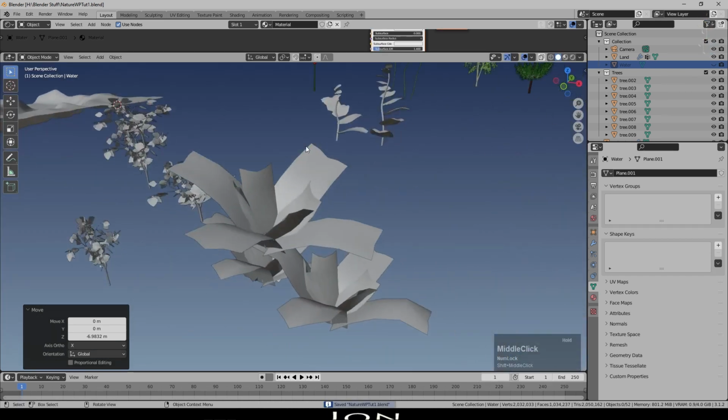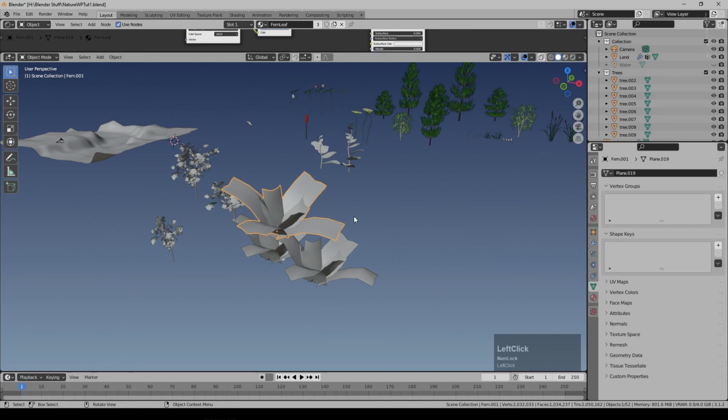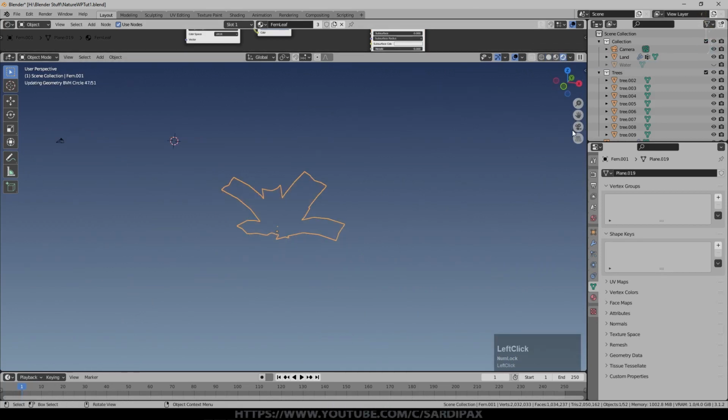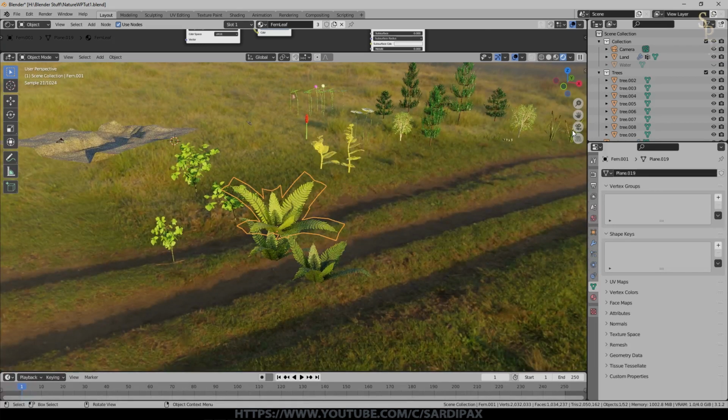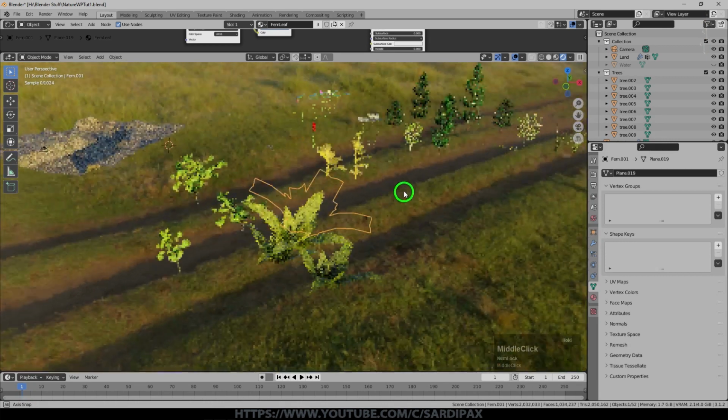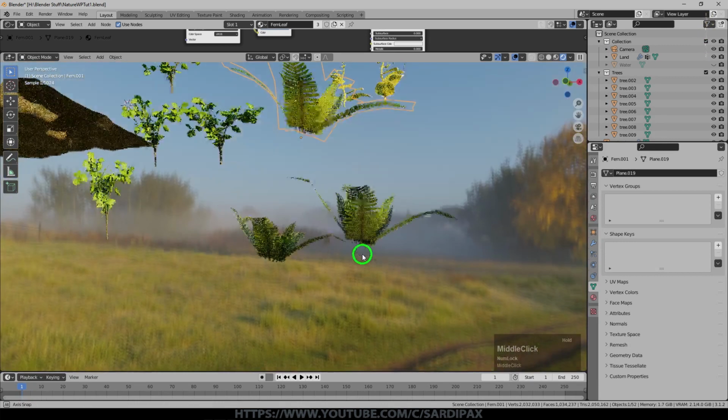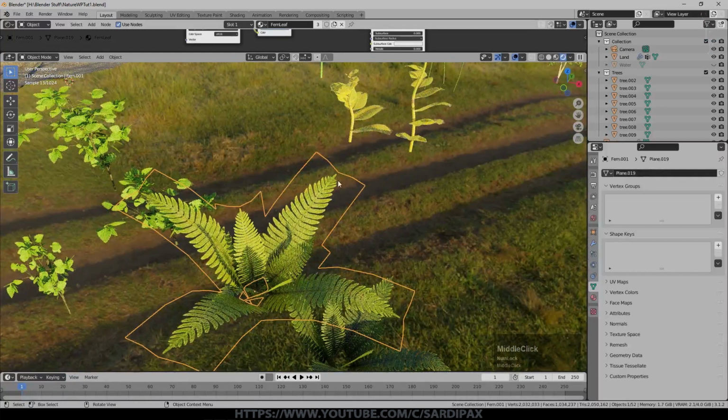So if we have a look at these assets, start with these, they look a little bit strange. If I go into rendered view, bear in mind we're doing this in Cycles, so there are a few things that you'll need to do slightly differently if you decide to do this in Eevee. But you can see these have got alpha textures on them to give us the effect of ferns. There'd be a lot of geometry if I built those from scratch. Though that said, as you'll find, I actually have a fair bit of geometry on a lot of these assets anyway, and it works much better now using the geometry node system to distribute instances rather than the old particle system, which would start to struggle quite quickly.